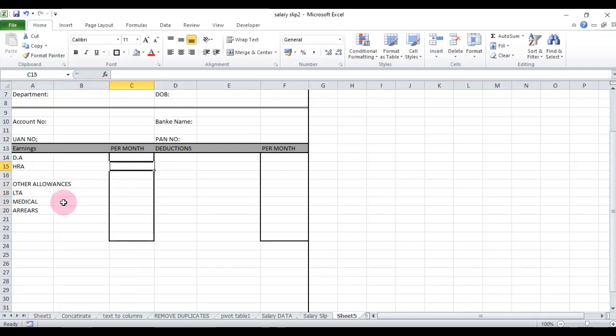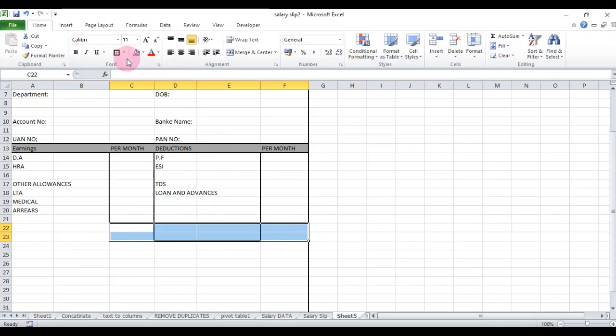Then go to the deduction side, then type PF, type ESI, make some space, TDS, loan and advances. Here you can remove these borders, these are excess borders.